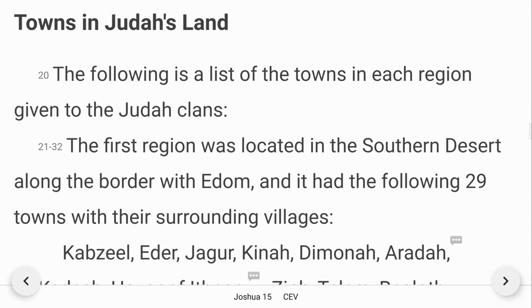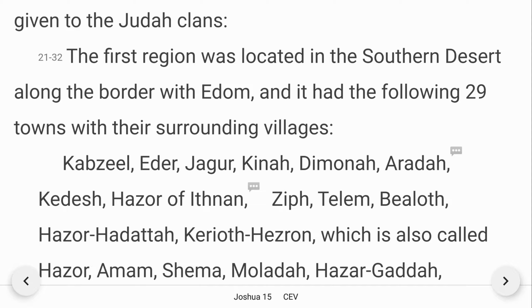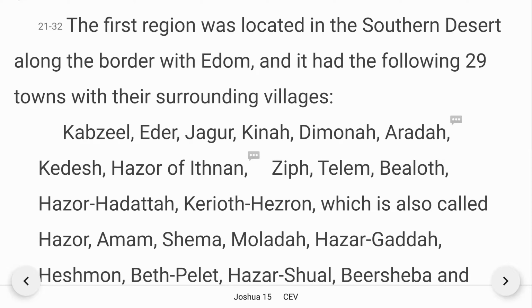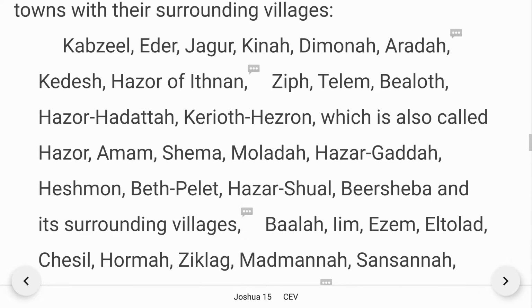Towns in Judah's land. The following is the list of the towns in each region given to the Judah clans. The first region was located in the southern desert along the border with Edom, and it had the following 29 towns with their surrounding villages: Kavzir, Edo, Jargo, Niha, Daimona, Adrah, Kadesh, Hazor of Itnan, Jib, Talem, Beerath, Hajor, Hadatat, Kiriath Hezron, which is also called Hazron, Hajor, Amam, Sema, Molada, Hajar Kada,